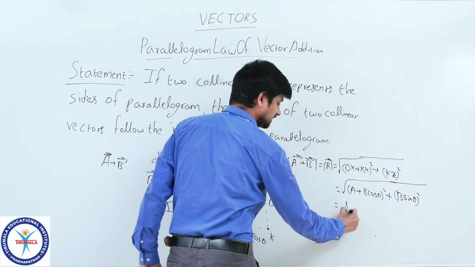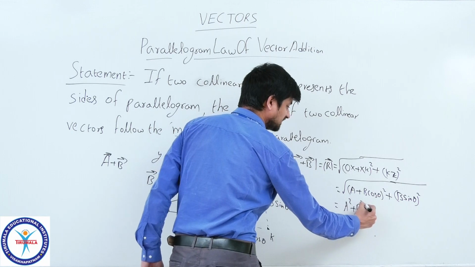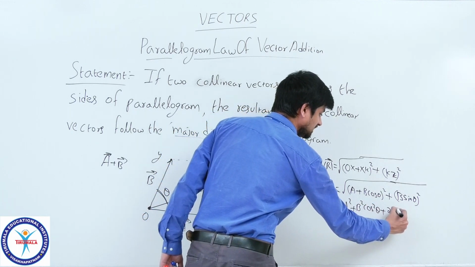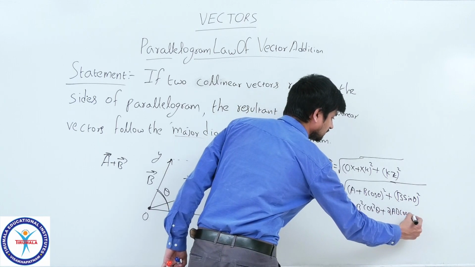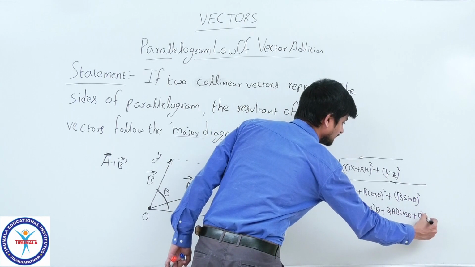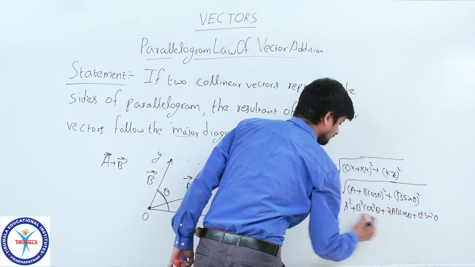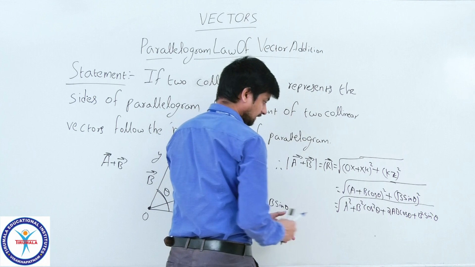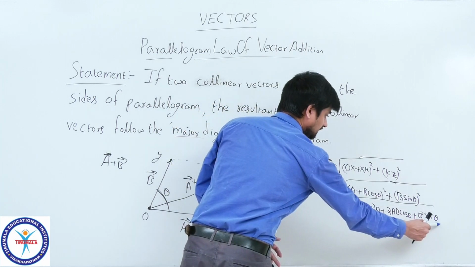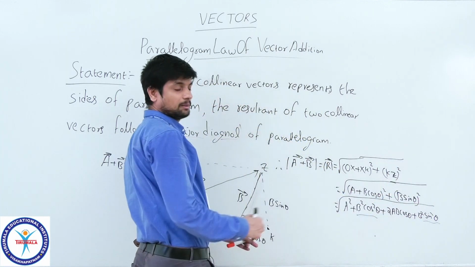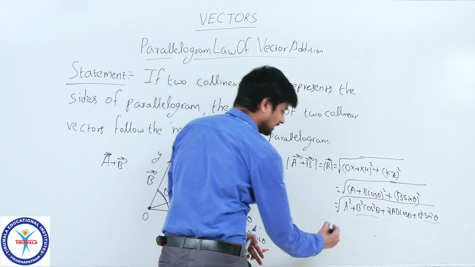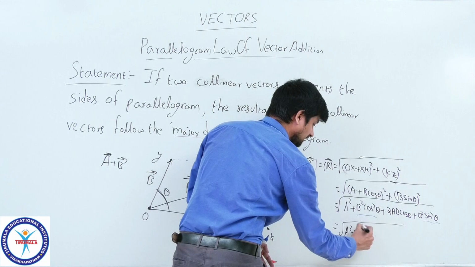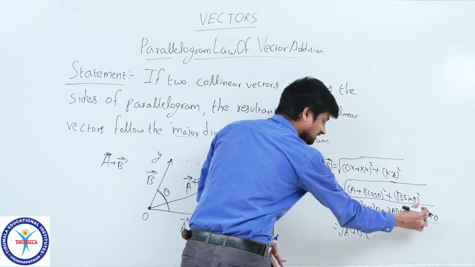Again, what do you get, children, here? A square, B square cos square theta and 2AB cos theta plus B square sin square theta, square root. So, what happens? Here B square cos square theta, here B square sin square theta. Take the common value B square. So, you will get A square plus B square, cos square theta plus sin square theta value